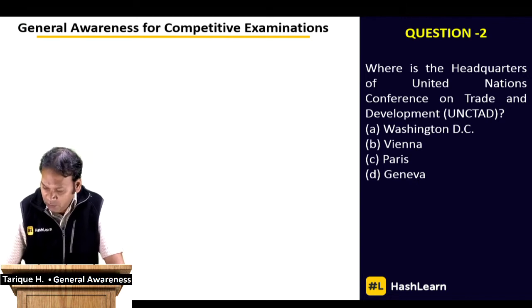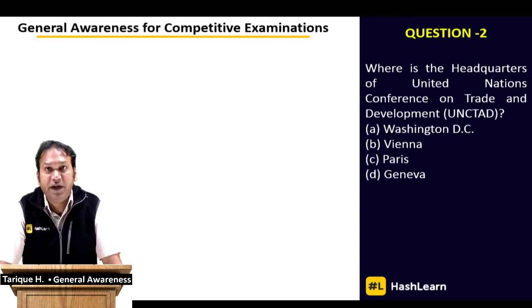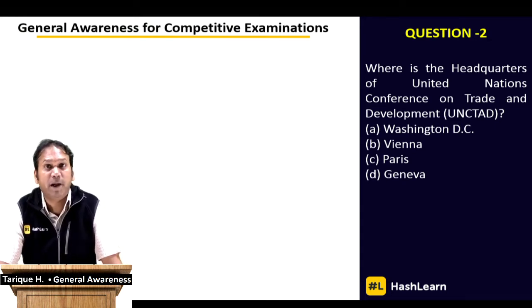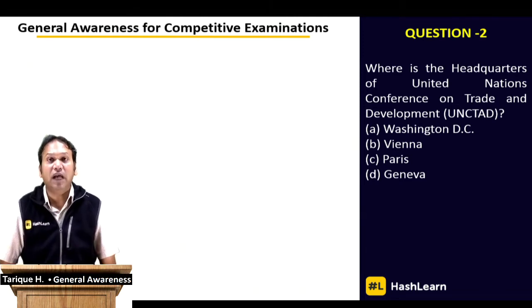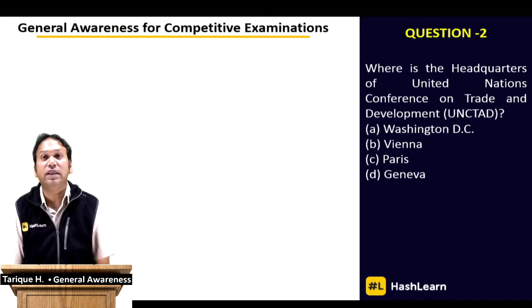So we should be familiar with these kind of United Nations or sister organizations and to know about their headquarters. So most of the UN organizations, you'll find the headquarters either in New York, Washington DC in America, in Geneva in Switzerland, in Paris in France. For example, the UNESCO headquarters is in Paris, France, and the UNCTAD headquarters is in Geneva in Switzerland. So question number 2, students, the right answer for the headquarter of UNCTAD is Geneva, and my advice to you